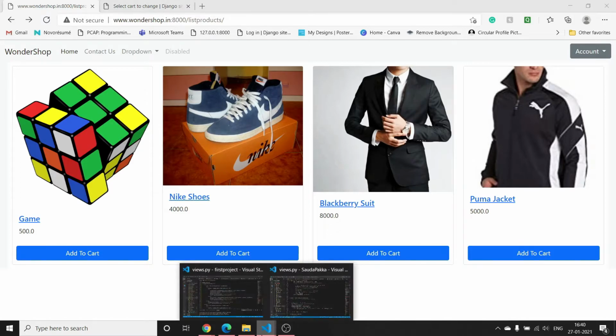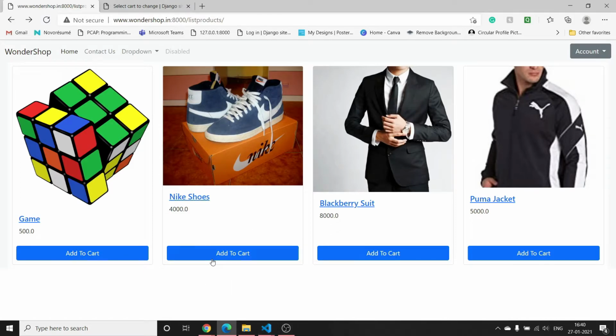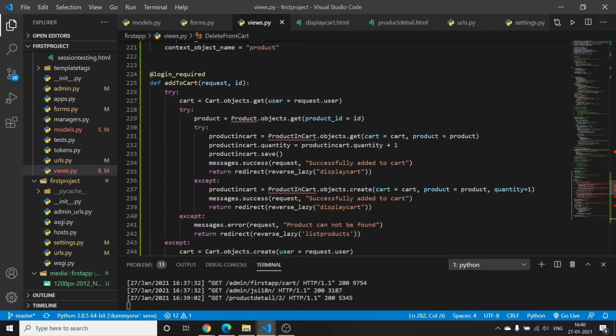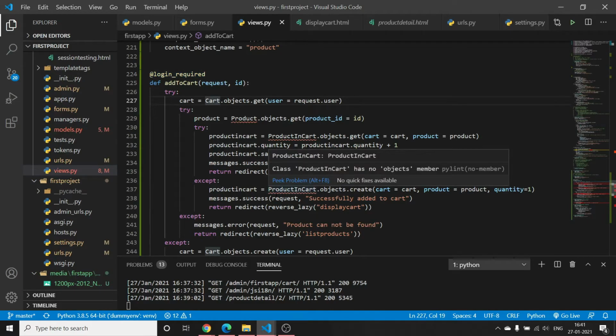For implementing that functionality, on clicking the add to cart button, we have added a view here called add to cart, and I have used a function based view because there is a lot of customization here, which would be difficult in a class based view. I have used login required, a decorator for making this view accessible only to those who are logged in.